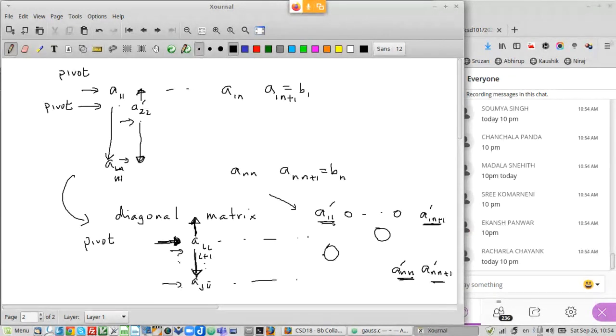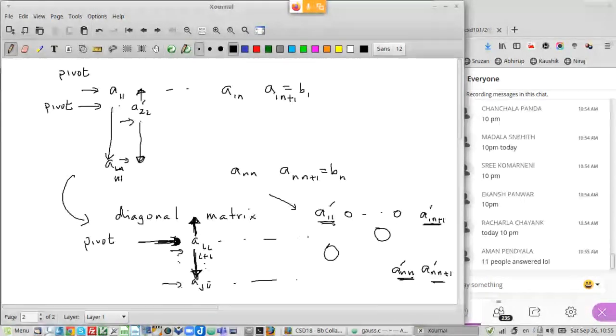Why the Gauss-Jordan method is actually just like the Gauss elimination method. There are two differences, and one major difference is that you are zeroing out the entire column except the pivot element. In Gauss elimination, you are zeroing out everything below the pivot element only, so you get a triangular matrix. In Gauss-Jordan, you are zeroing out the whole column except the pivot element.